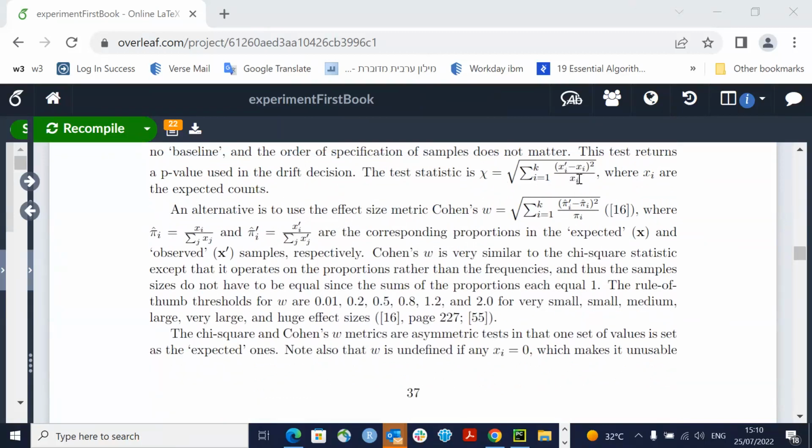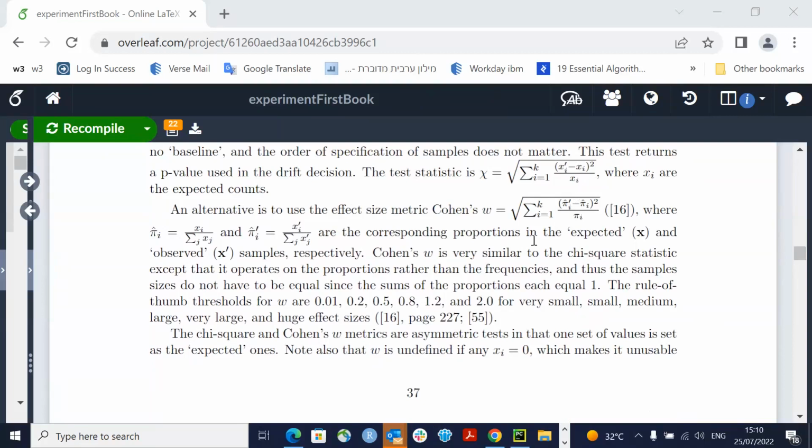Because you end up dividing by the baseline, the denominator depends on whatever the baseline is, so it's an asymmetric metric. If you test the baseline versus the observed, you don't get the same value. So it's not a true distance metric. It's an asymmetric kind of